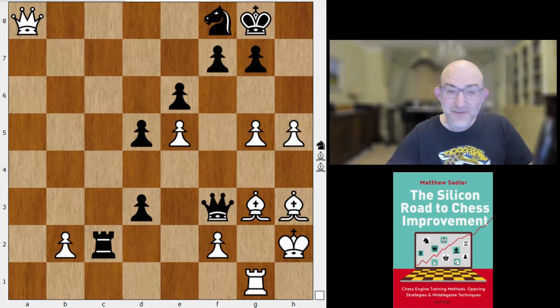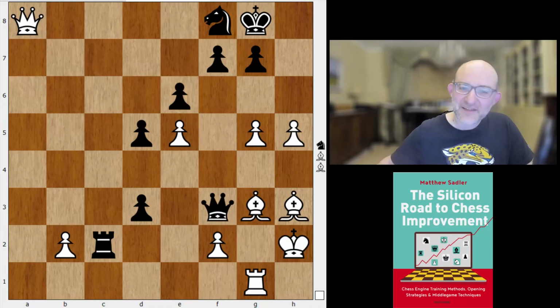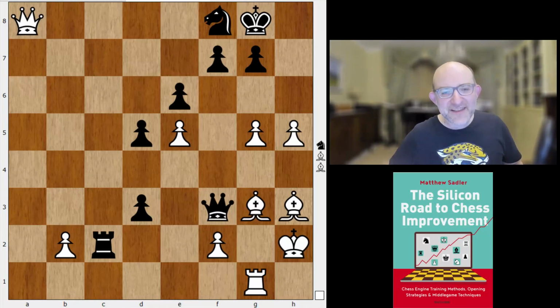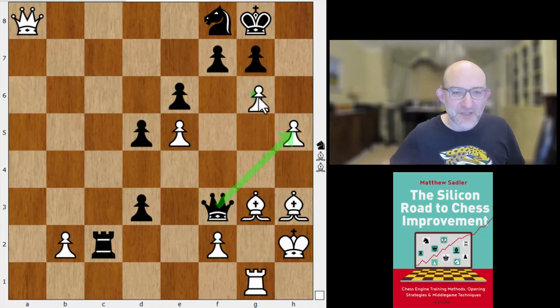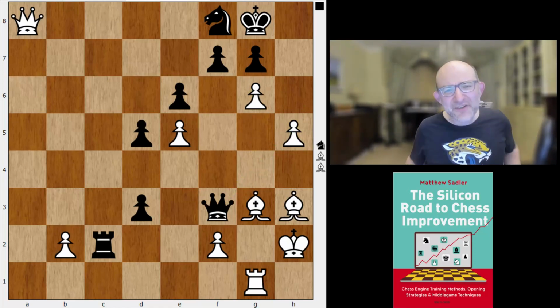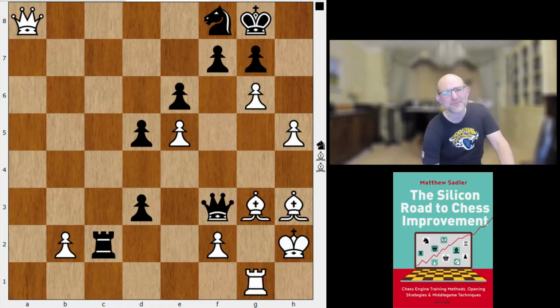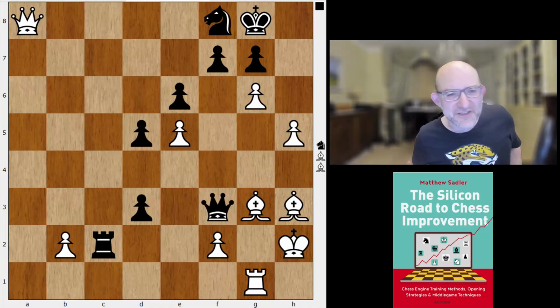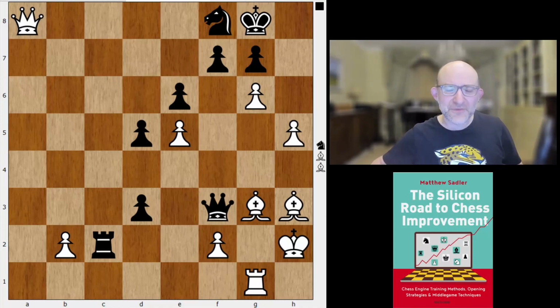And the danger keeps on coming. That passed d pawn is going to be very, very dangerous indeed. But here white missed I think a very big chance here. Instead of d3, the engine wanted queen takes h5, and what's the reason for that? Well, the engine was afraid that white would play g6, and if white finds this move, then I think probably you've got to say that he's really odds on to win this game, because